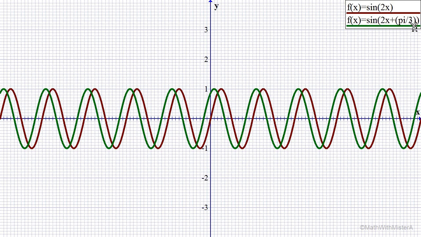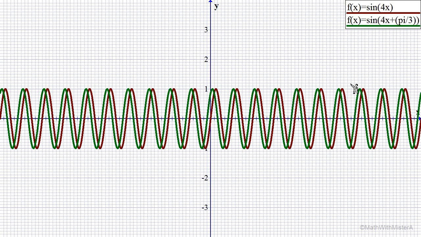and sine of 2x plus pi over 3? I'm still seeing that same value of c, pi over 3, but what is the shift that we see here now? From the maroon graph, shift to the left only 15, 30 degrees this time. I can really see it with the intercepts. Shift to the left 15, 30 degrees. So something about changing this factor b is having an effect on our horizontal shift. Let's look at this a little bit further. Sine of 4x and sine of 4x plus pi over 3, now our shift is only 1 unit of 15